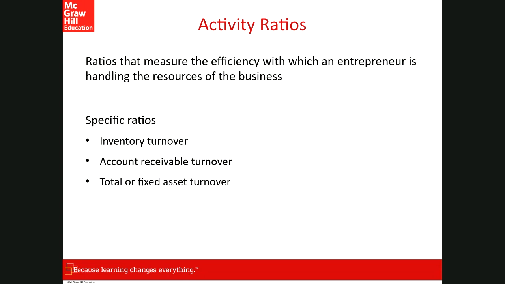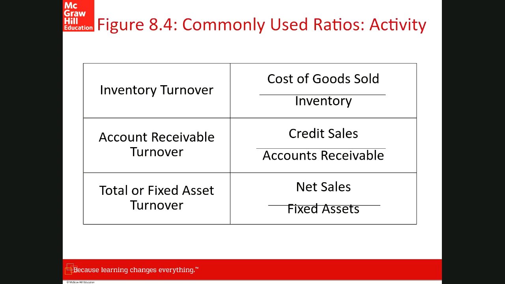So we also have activity ratios, ratios that measure the efficiency with which an entrepreneur handles the resources of the business, right? The specific ratios include inventory turnover, accounts receivable turnover, and total fixed asset turnover ratio. There are all these other ratios that we can assess to better understand the activity of our business. Commonly used ratios are inventory turnover, cost of goods sold inventory, accounts receivable turnover, and total fixed asset turnover. These are a lot of the common ratios that accountants may use,